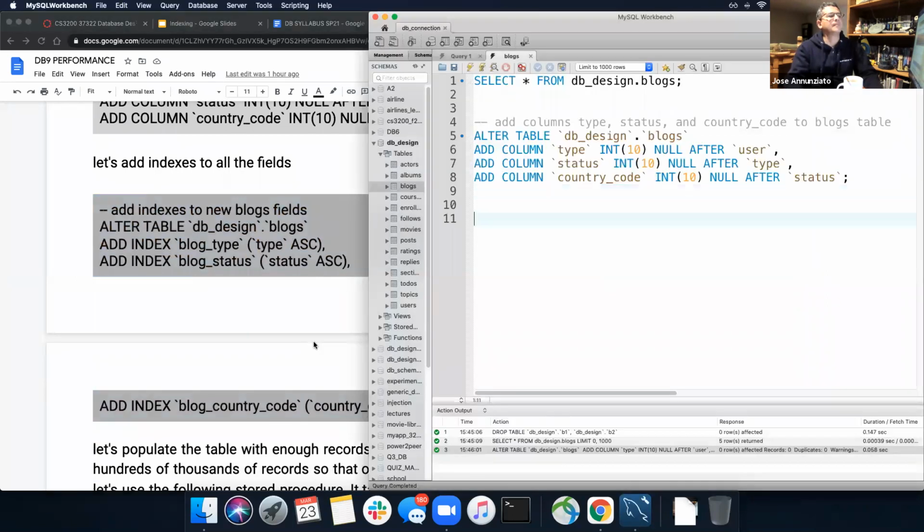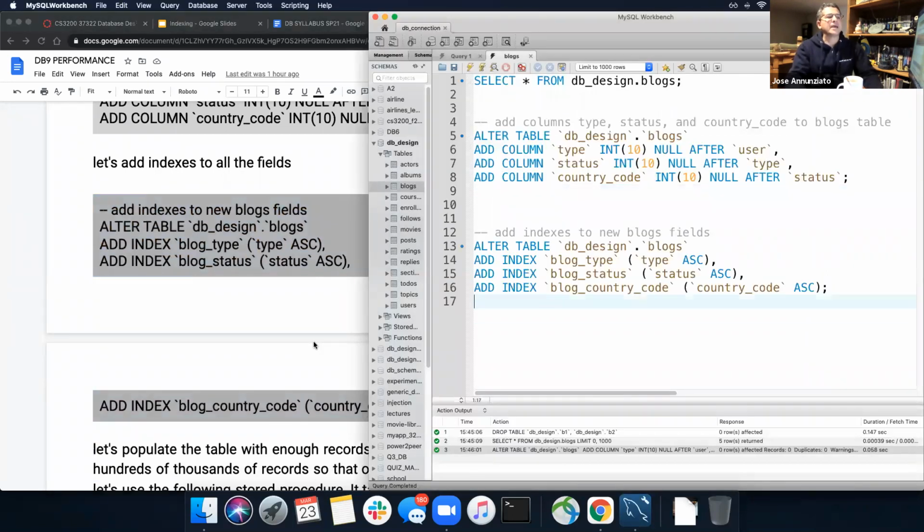Copy that. I'm going to add indices, and the way you add an index is you say add index. Some databases are different. Some of them are create index, some of them are add index. So each database might have a different syntax. But in MySQL it's add index, the name of the index, and then whether it's ascending or descending. It's going to organize the index, not the table. The table stays the same, but the copy of the table is going to be ordered by this index,